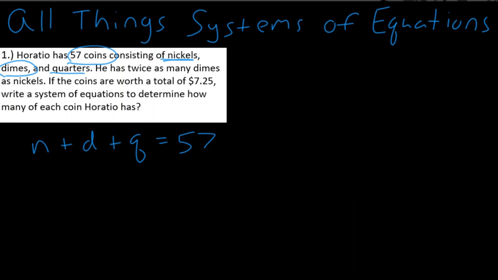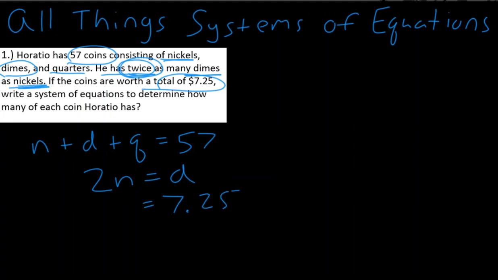Now, it says, I'm going to skip this. Let's tackle it. He has twice as many dimes as nickels. Remember, you always put your multiplier by your second label. So 2n equals d. And lastly, it says if the coins are worth a total of 7.25,